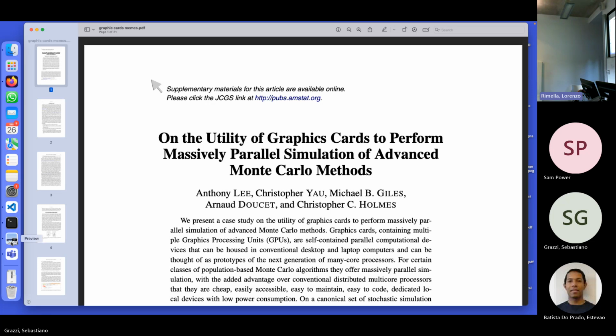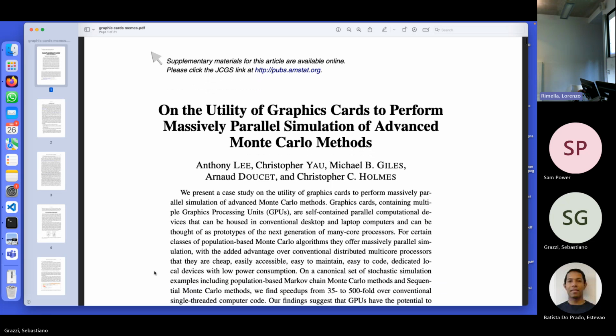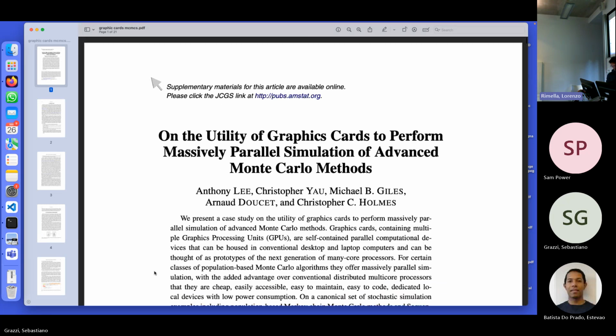This paper is written by Anthony Lee, but also Christopher Liao, Michael Gills, Arnaud Doucet, and Christophe Holmes. And it's about the use of graphic cards, so GPUs for Monte Carlo simulation. So I have experience in Monte Carlo simulation. I don't have experience in parallel computation. And here the focus is using graphic cards. So the first thing I want to